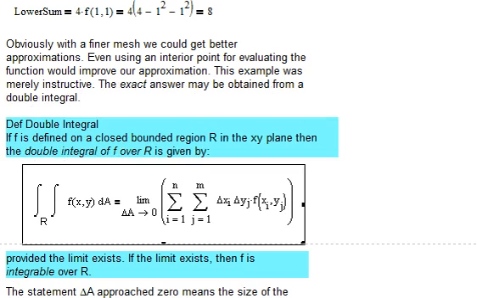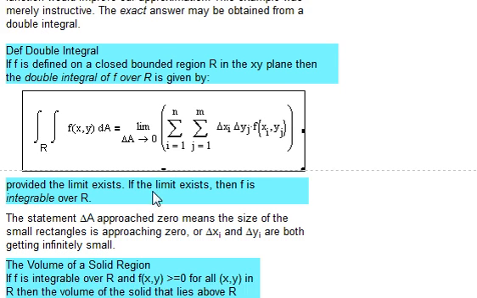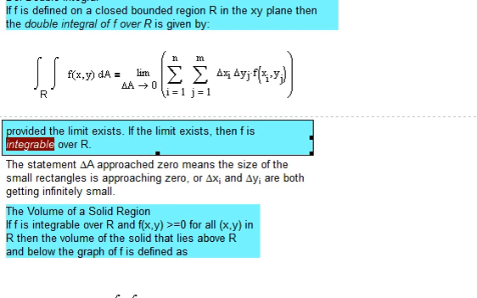So, provided that limit exists, of course, and if the limit exists, then f is called integrable over the region R. If that limit doesn't exist, well, then it's not integrable. Probably something gets outlandishly undefined. So, the size of the small rectangles approaching 0, or delta x and y, delta xi and delta yj are both getting infinitely small. So the volume of this solid region,